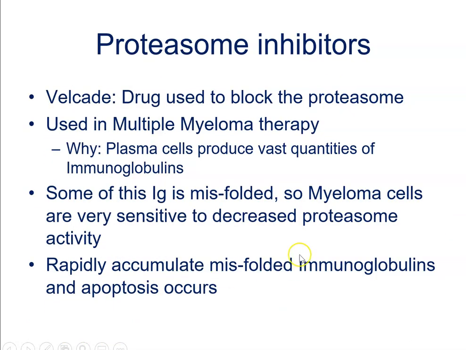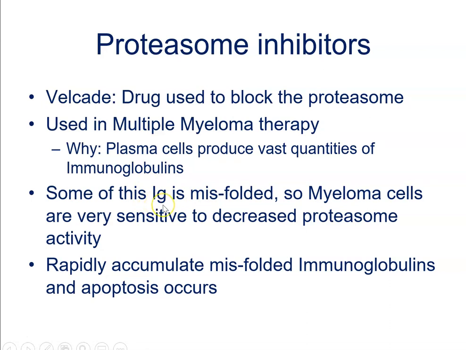It is used specifically in multiple myeloma, which is a B-cell derived plasma cell malignancy. And plasma cells are the professional antibody producing cells. They produce vast amounts of protein, and some of this immunoglobulin protein that they produce, so immunoglobulins are antibodies, as you should know, some of this immunoglobulin protein is misfolded. If you have cells that produce vast amounts of immunoglobulin that's misfolded and you treat them with Velcade, those cells